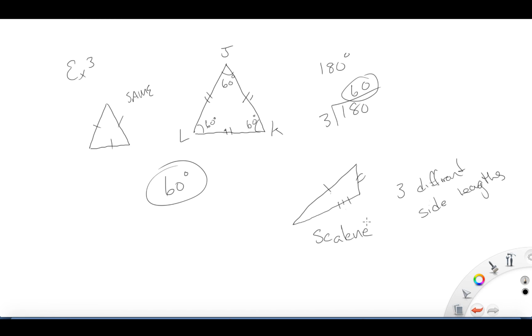Okay, so example 4 says the perimeter of an equilateral triangle is 2 feet. How many inches long is each side? All right, first of all, equilateral means all 3 sides are equal, and the perimeter is 2 feet. This plus this plus this is 2 feet. Well, how many inches is 2 feet? It's 24 inches, right? So if we know that we have 3 sides, we can divide